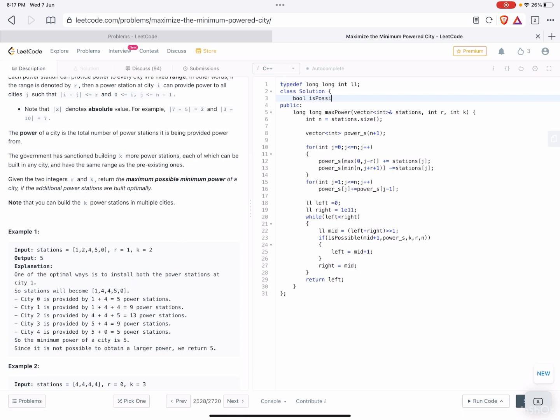Writing isPossible. First is the min power, let us see if it is satisfied or not.